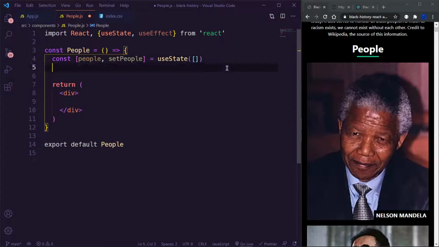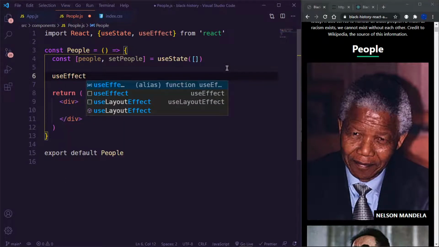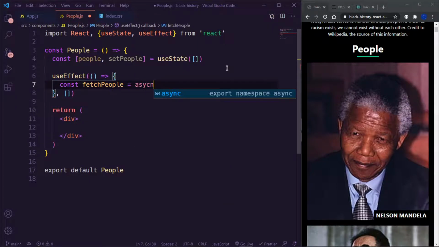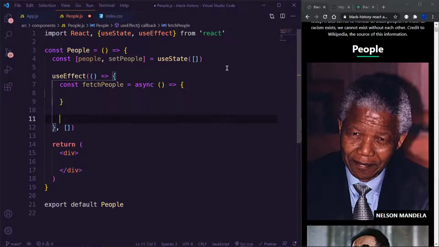Let me set up my useEffect right away. I'm going to set up a callback function, and then set up an empty dependency array so that it only runs on the initial render. Inside here, I'm going to create my function to fetch data. So I'm going to say const fetchPeople equals an asynchronous function because I want to use async await. Set my arrow function, and then, because I usually forget to call this function, I want to call it right away: fetchPeople. Now inside here, I want to place a try catch block